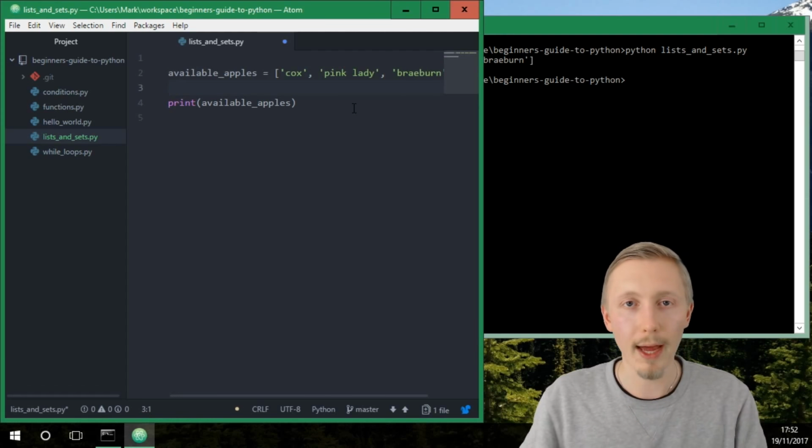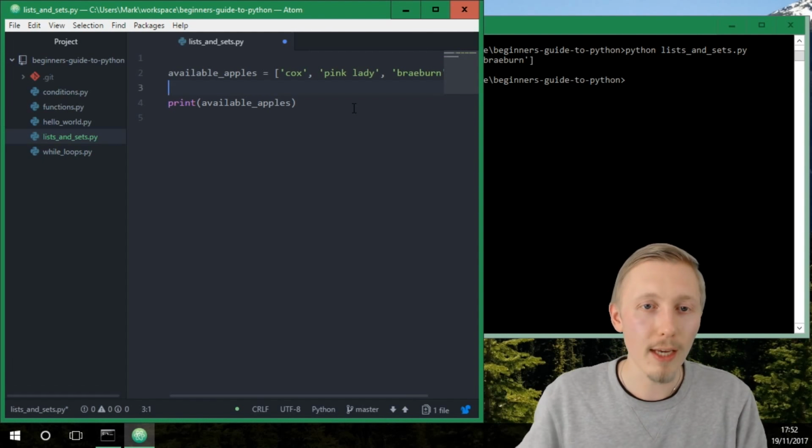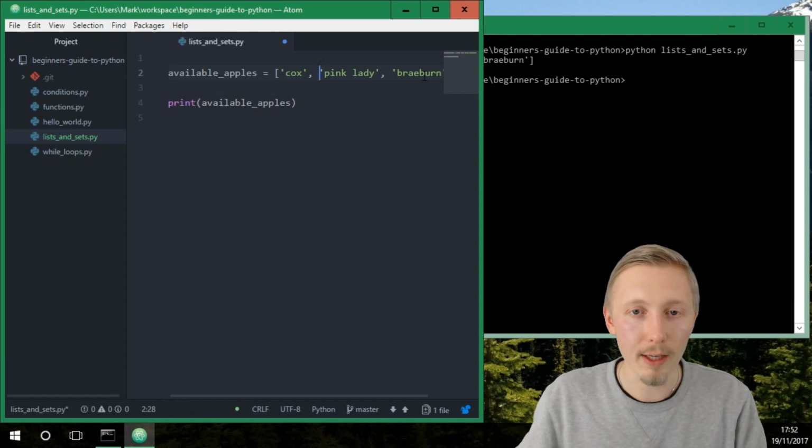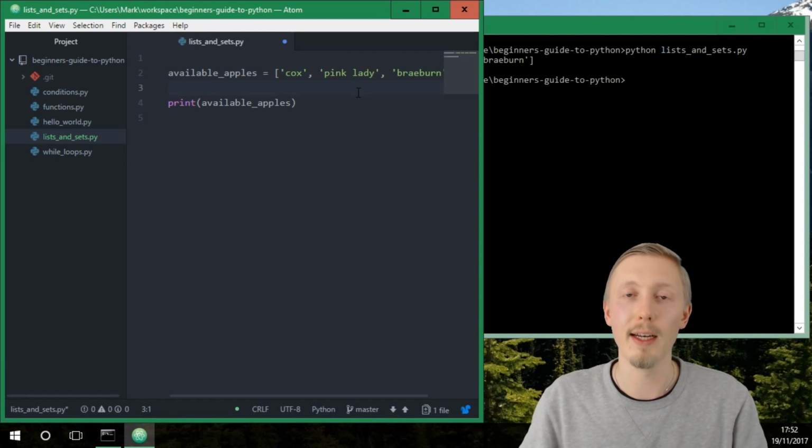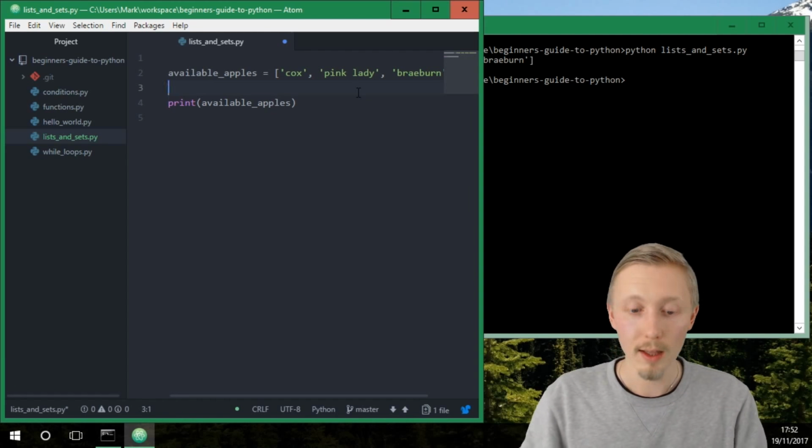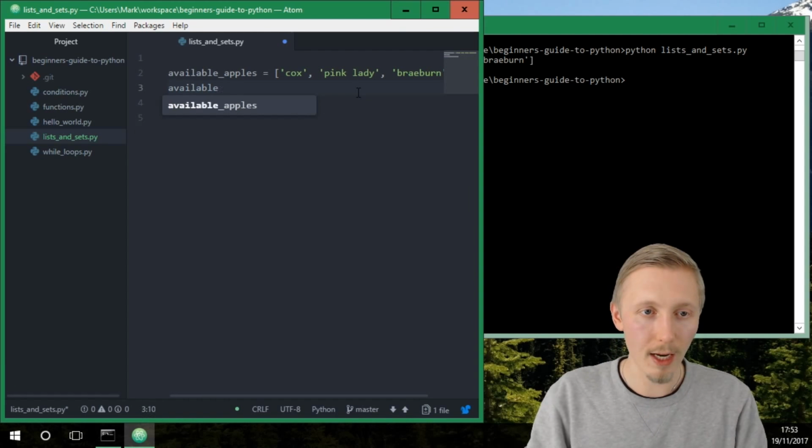All right, so let's say that we wanted to add an extra item to our list. So let's say we want to add a different type of apple. You can add it here. You can add it anywhere here in between the commas. But if you wanted to add it to a pre-existing list instead of creating a new one, then you can use